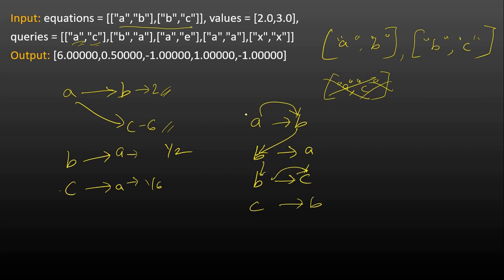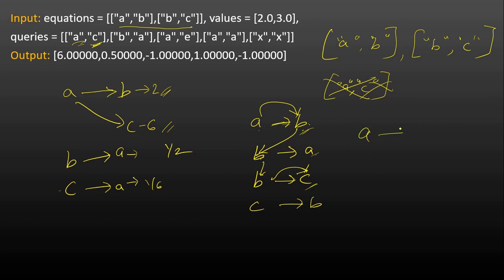So we can get a DFS, for the elements in the map we can find for A, and for each value do a DFS again to find out what are the values of that particular key. So for A the values are B, then for B find out what are the other values. So B will have the value of A and B will have the value of C. Again do a DFS in that until we find the destination of C here. And for each DFS we do a product of the values of that particular edge.